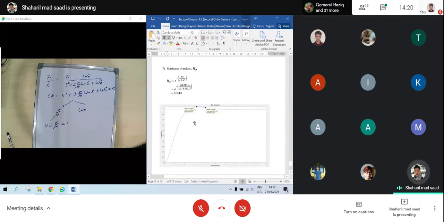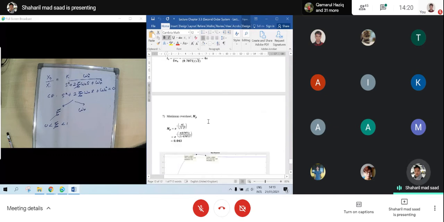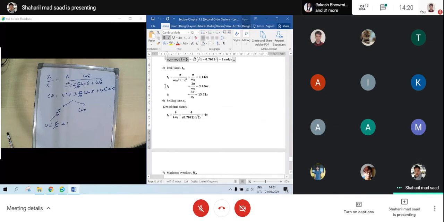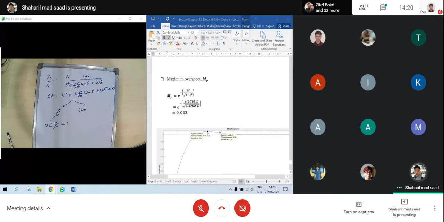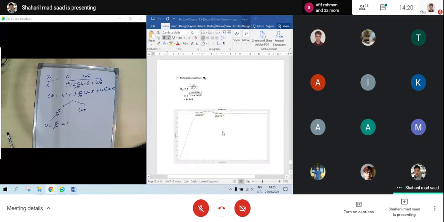Then after that, you need to draw. Bear in mind how many peak times there are depends on your settling time. So if your settling time, for example, is 4 seconds, that means only 1 peak time, right? Because the peak time number 2 is more than 4 seconds, so we only got 1 peak. So the maximum overshoot Mp starts from 1 to 10.